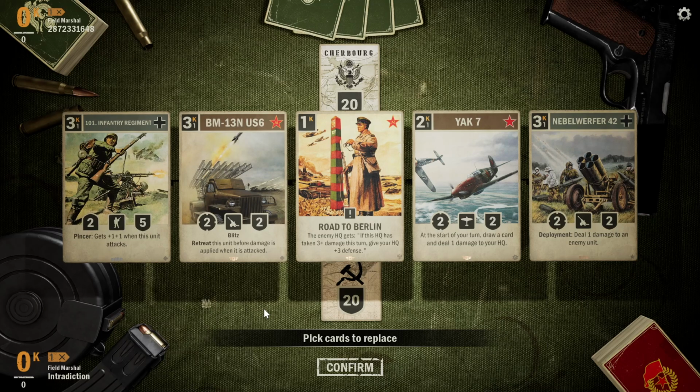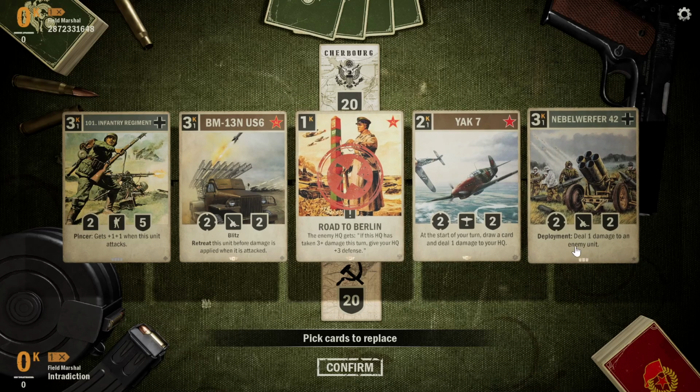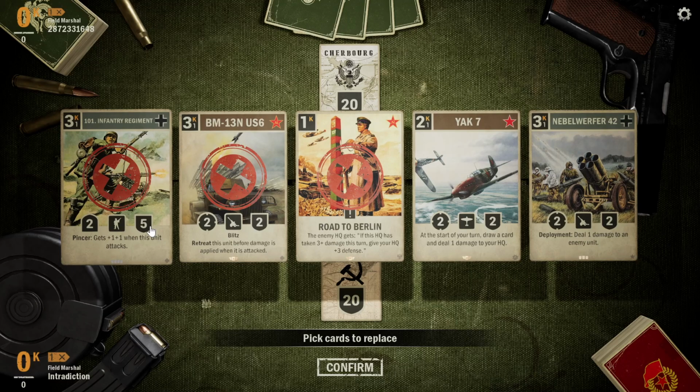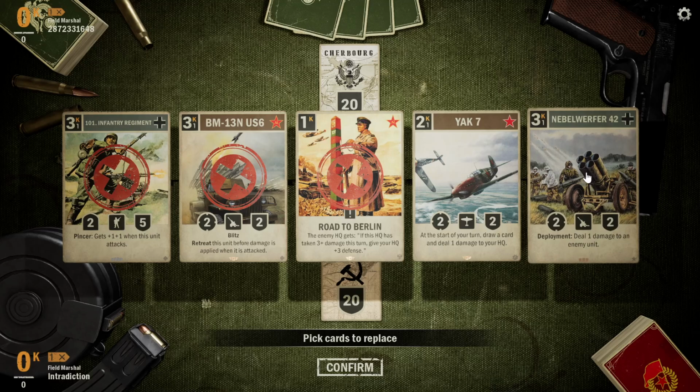All right, US again. I've honestly seen quite a variety of US decks. I've seen Ramp, I've seen US France unitless, I've seen mid-range, so I'm not really sure what to make of US just yet. I don't think I want Road to Berlin though. These are pretty slow. Yak is also fairly bad against mid-range. Well, it does make him trade in his 35T. You know what? I might just keep the Yak. Nebelwerfer is not that great because